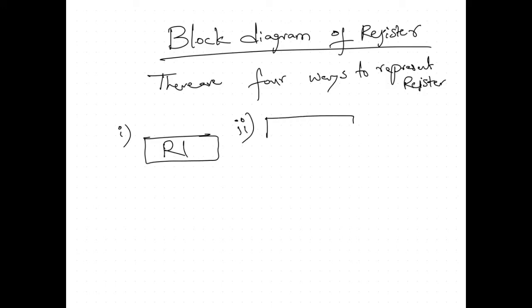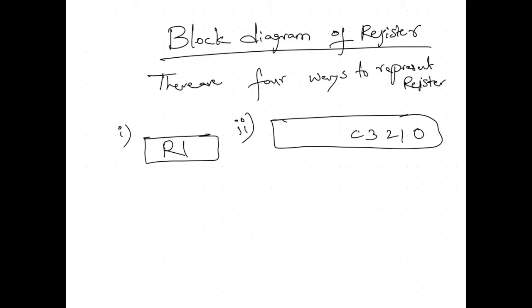In this way we can specify how many bits the register has. So 0, 1, 2, 3, 4, 5, 6, 7. Now with this you can understand that this is a register of 8 bits. Why? Because I am individually specifying the 8 bits: 0th position, 1st position, 2nd, 3rd, 4th, 5, 6, 7. When I specify all 8 positions in a register, then I can say that it is an 8-bit register. Okay, now this is the second way.